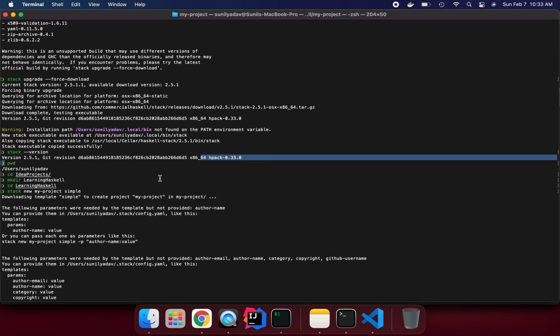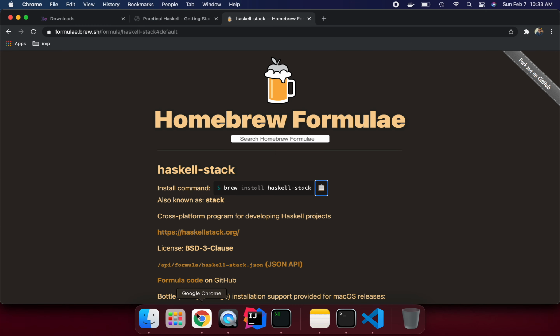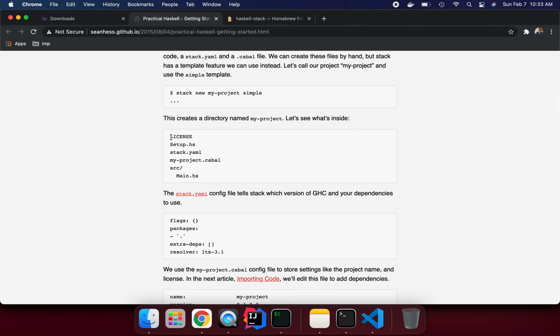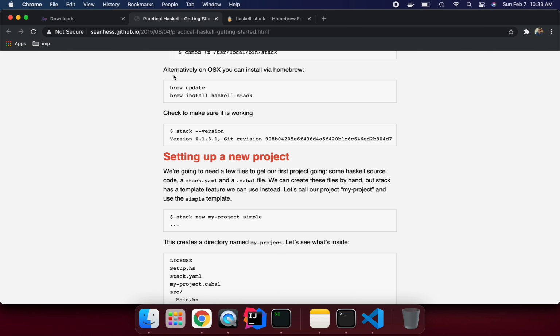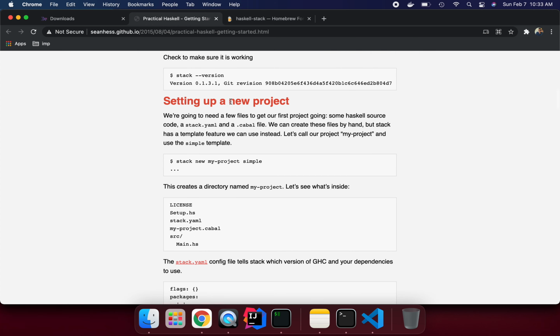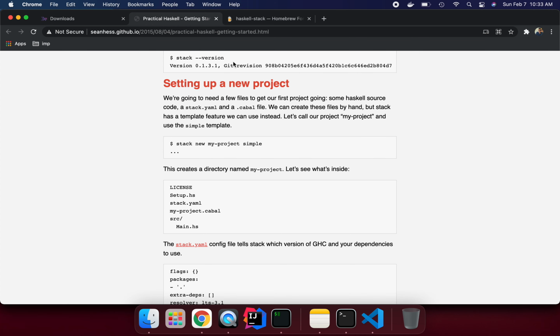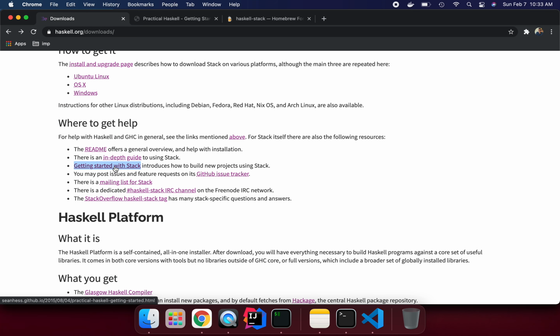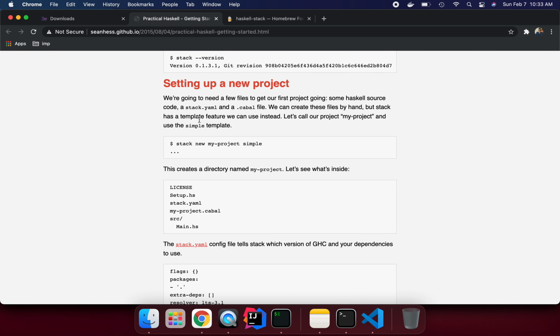And I followed the instructions on how to test whether hello world is running with Stack. Again, I followed the official website, which is docs.haskellstack.org. Haskell getting started, I will put this link. Once you download it, click on getting started with Stack, and the link opens up here.